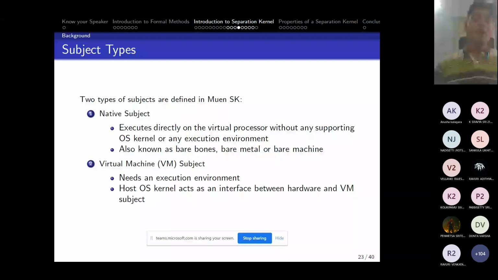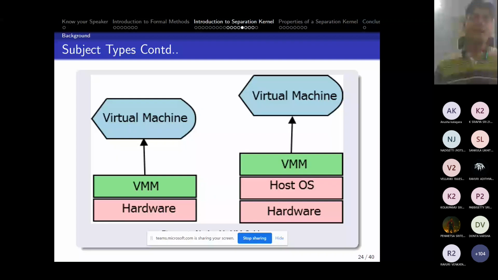If you have gone through VMware, how VMware works is that there will be an operating system in your computer, and then in that operating system you install VMware. For example, your Windows is installed, and then you install VMware to use Linux or something. That is an example of a virtual machine subject, right? Because you need a host operating system to execute that particular program. So this is how it looks.